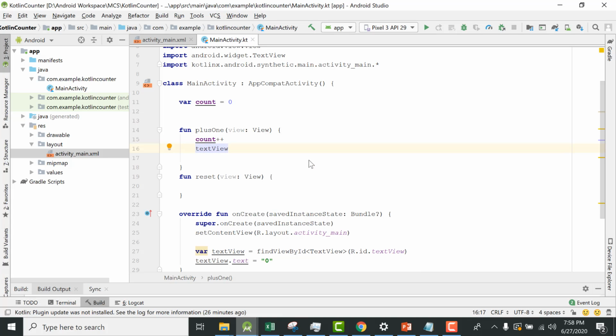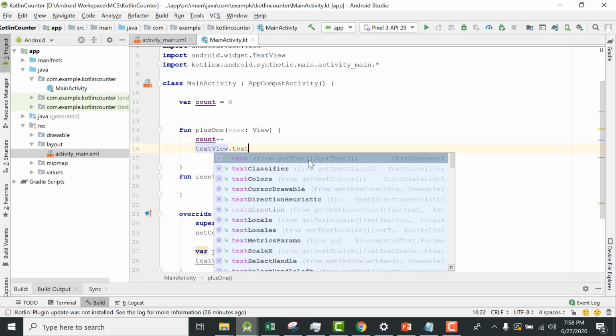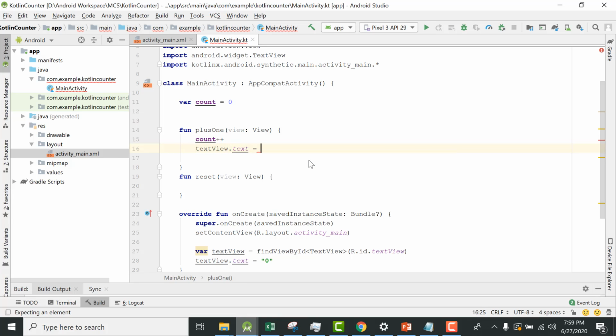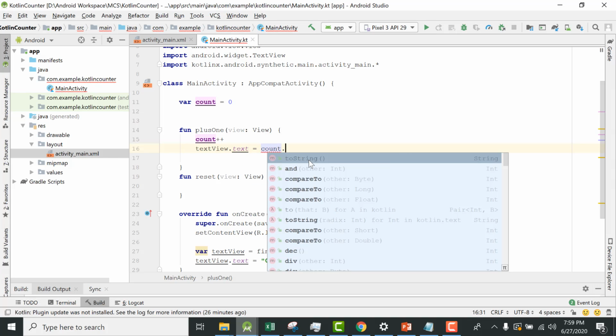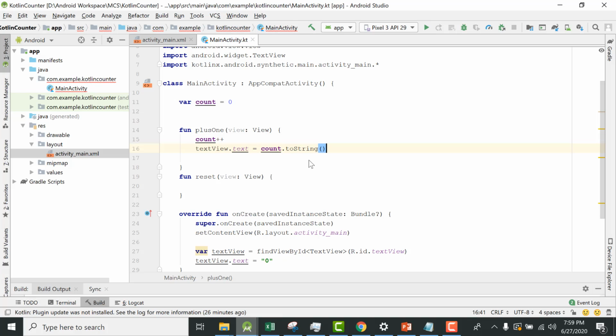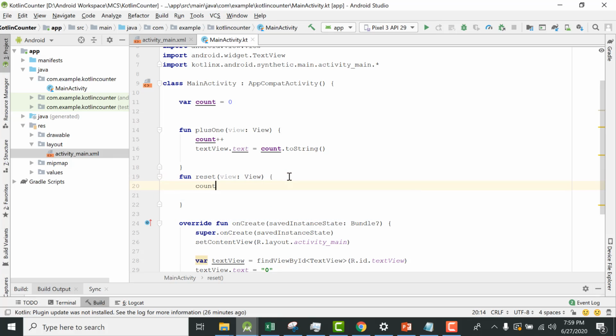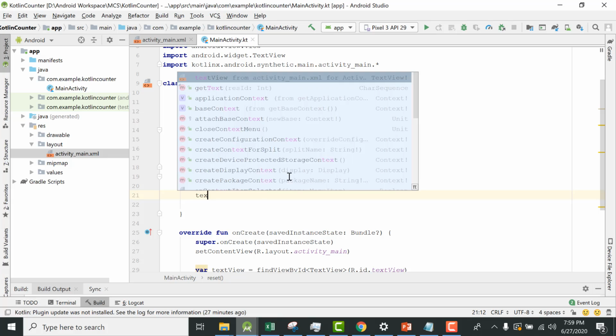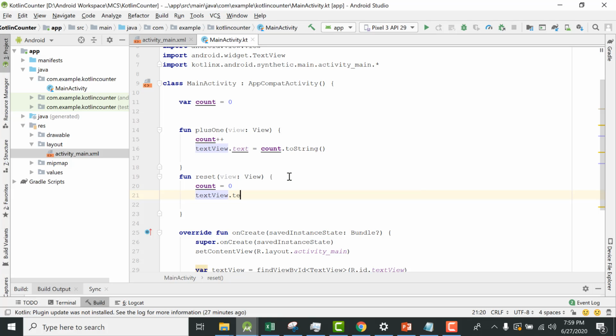Select it, and simply, it's more simple than Java, write textView.text, and then count is your counter variable, and everything that is displayed on the screen must be converted into string, so count.toString. Similarly, for the reset button, you initialize the counter back to 0, and then textView.text will again be